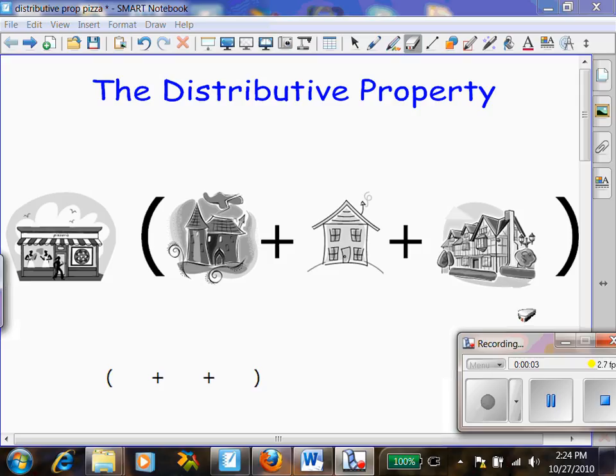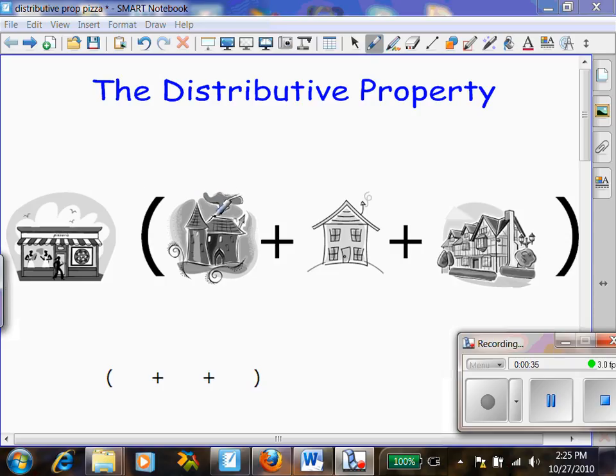Okay, if you haven't already, read the very first paragraph on your packet just to get the general idea of how Joe, the delivery guy, has to deliver his pizzas from Pizza Pie. So based on that, you can see we've got our pizzeria right over here, and then there are 3 houses on Parentheses Drive. So the way it works is every time that somebody orders a pizza on Parentheses Drive, Joe